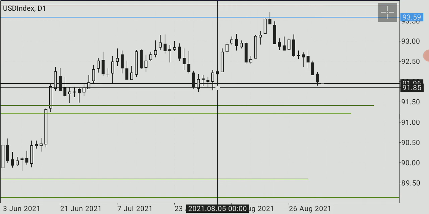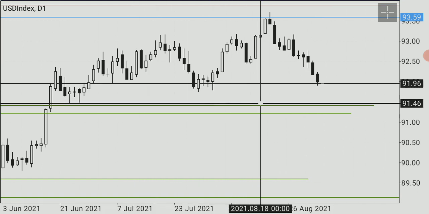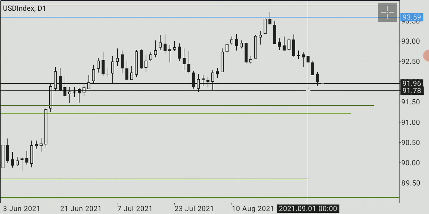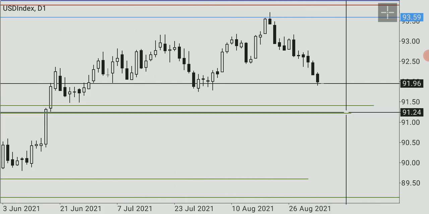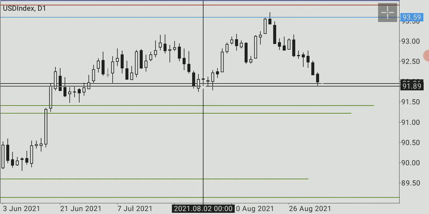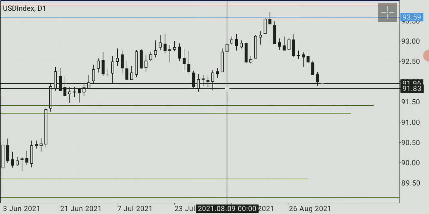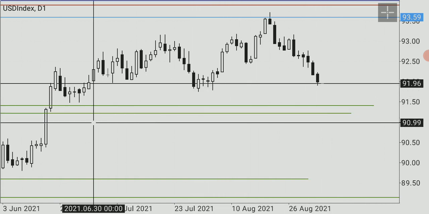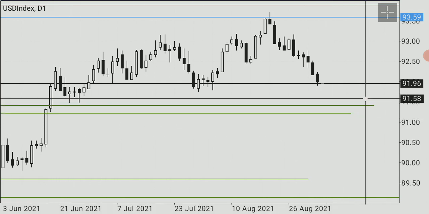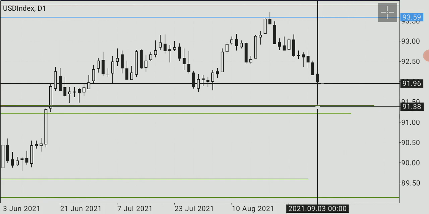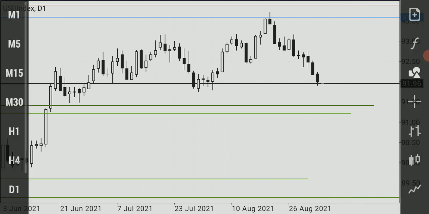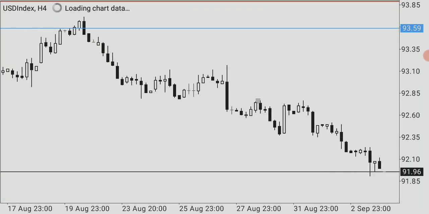So I want this low to be taken and this low. Alright, so once this low is taken and then this low is also taken, then we shall see if we can have some retracement back to this area right here, this particular area, and then see if we can get down to this fair value gap around this area. So that's what I'll be looking for this particular month.